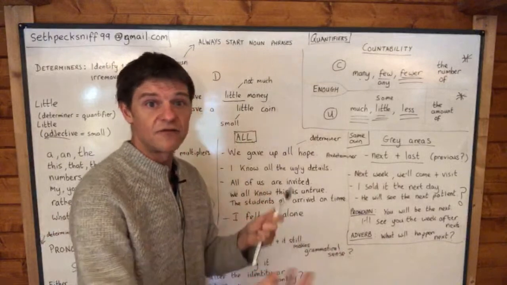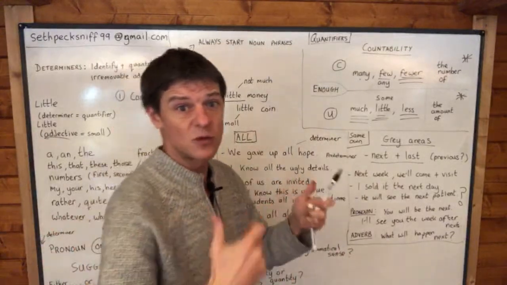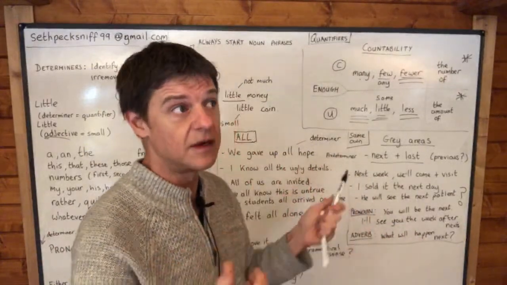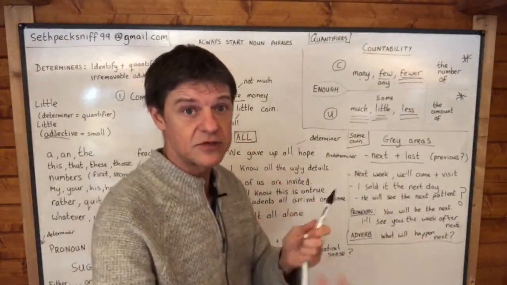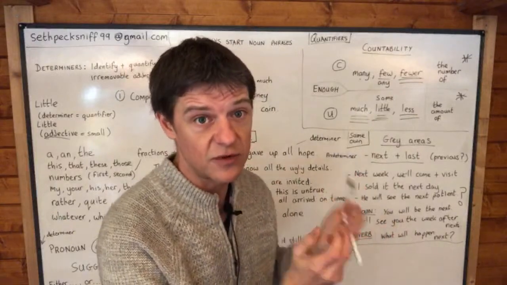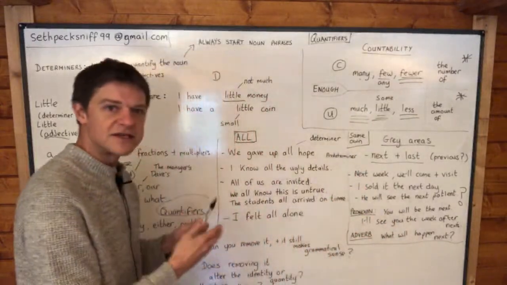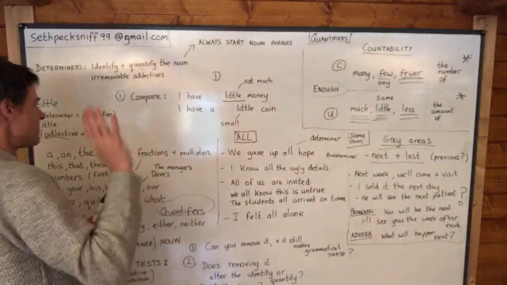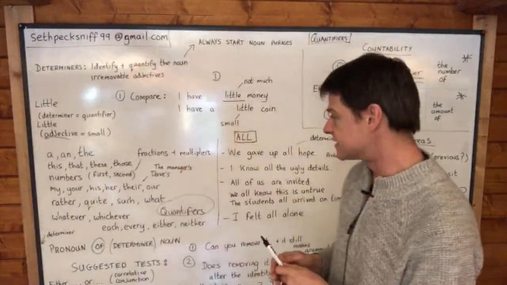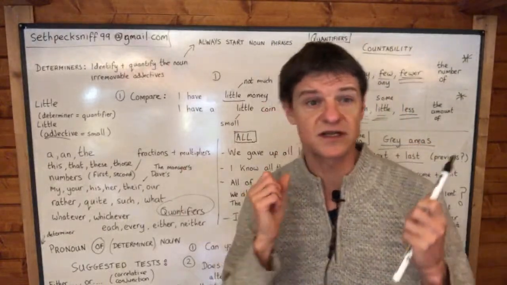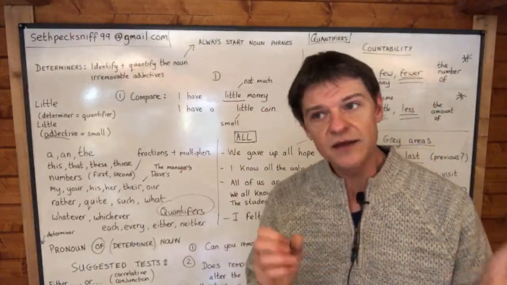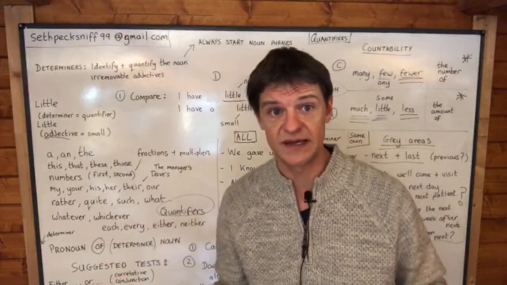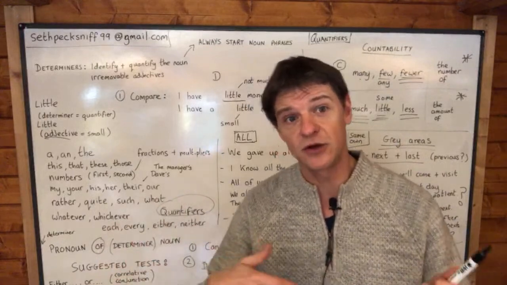The book is there for people, well, especially chapter 1. I understand that some people will be approaching these themes from a blank page. They won't be approaching them with a lot of terminology or with a lot of experience. But I want to delve a little deeper. And I want to show you that there are some grey areas. But before we look at those grey areas, we've looked at little. The best way to understand what a determiner is, is to understand what a determiner is not. And I would say this about all the parts of speech, and actually about any topic when you're learning a new